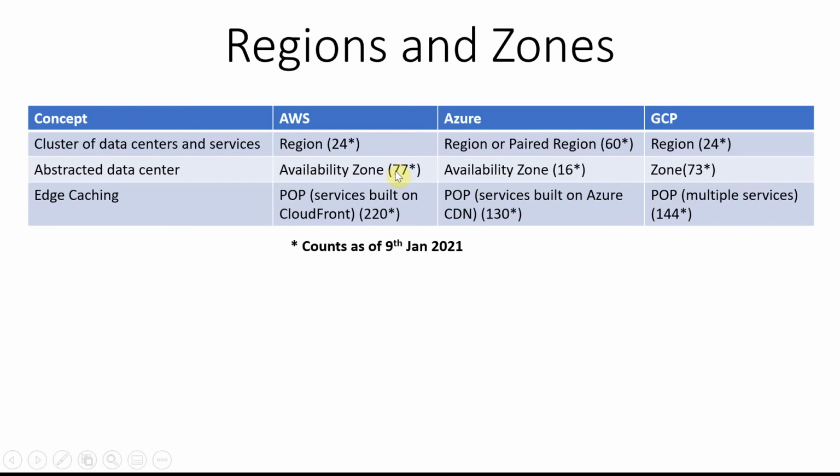So availability zones are equally important, and it depends on where your customer or your traffic will come from, whether Asia based, Europe based, or US based. You need to decide based on the location of your users and how many hits you get, and whether there are availability zones in that region for the given cloud vendor. That is something we should keep in mind before deciding on opting for these services.